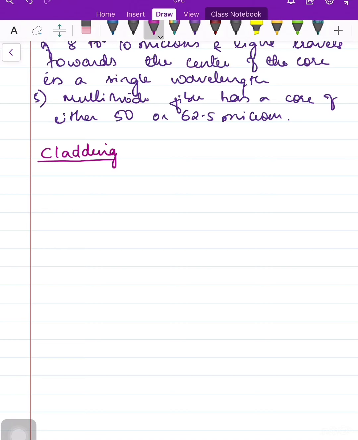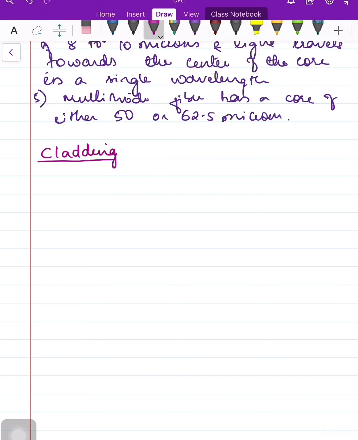As I have told you, the material that is used to manufacture the core, which is made up of glass, is silicon dioxide, a pure silicon dioxide. So even if the cladding is also of glass, these two are manufactured together from the same silicon dioxide based material in a permanently fused state. The manufacturing process adds different amounts of dopants to the core and the cladding, because they have to maintain a difference in refractive index of at least about 1%.